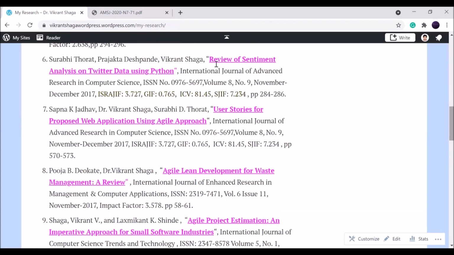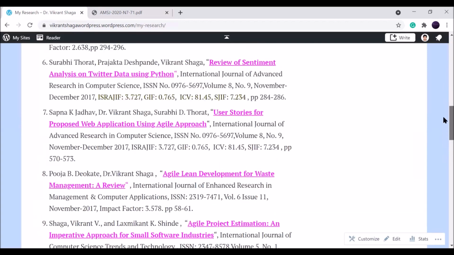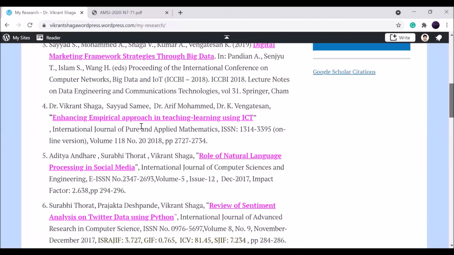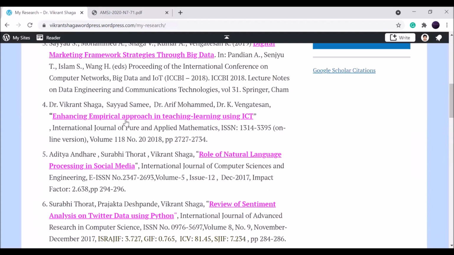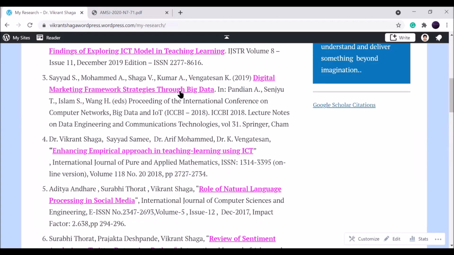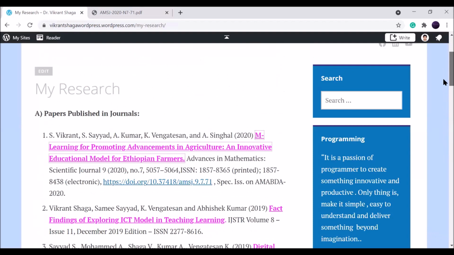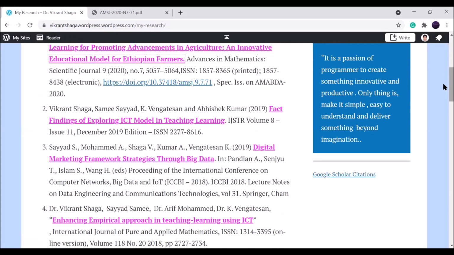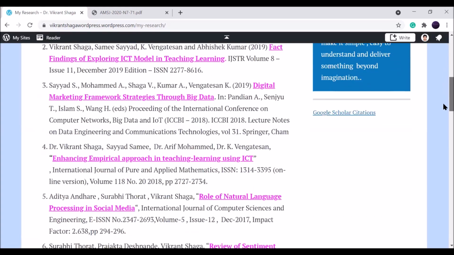Then I moved towards the e-learning part, enhancing empirical approach in teaching and learning using ICT. If you click on this, it will open some of my research papers, and these are all published. If you click on this, it will directly redirect to the open source journal websites where I published them.